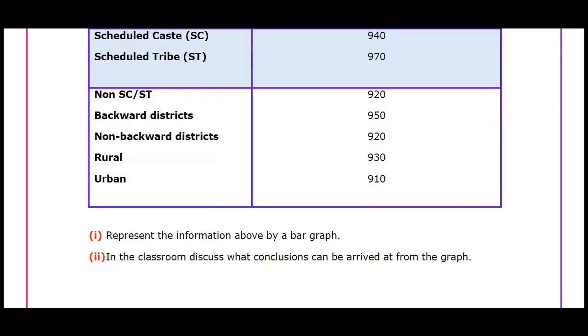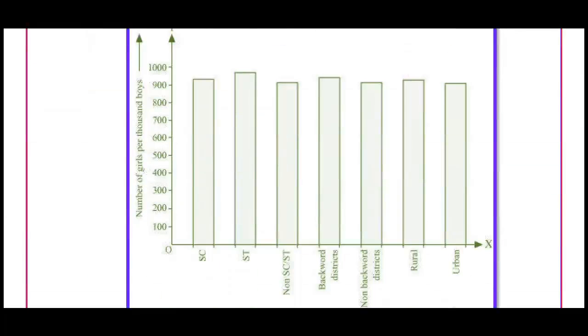So we are going to construct the rectangle of the SD that is 940 like this. Similarly, we can construct the bar of those sections looking at the given data. So SCSD, non-SCSD, backward district, non-backward district, rural and urban, we can construct the bar of those section. Your bar graph should look like this,